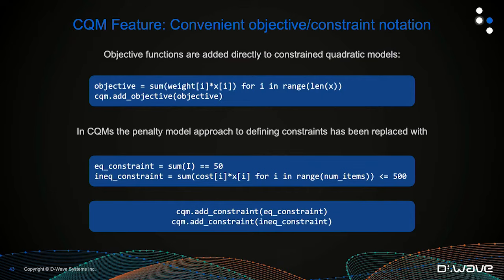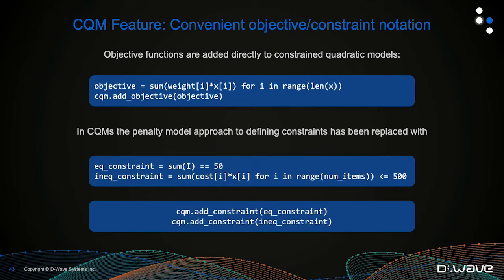Likewise, for the inequality constraint, we can use the summation function again. Here, what we're doing is pretty typical of any constraint. We're multiplying some cost by a binary variable, and we're adding that up for all the binary variables in the model. In this case, we're going to use the inequality operator, less than or equal to, and we'll choose 500 for this inequality constraint. It's just an example of what we could do. But you'll notice that this single line of code now replaces the need to add linear biases, quadratic biases, and slack variables to the model to represent the inequality constraint.